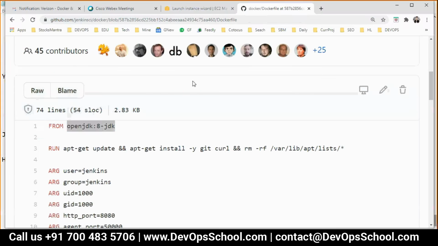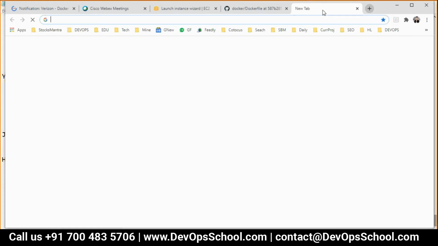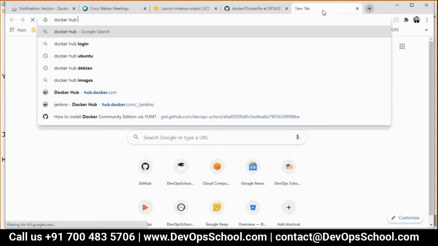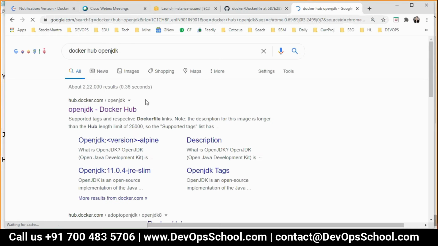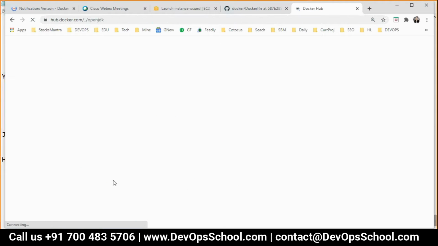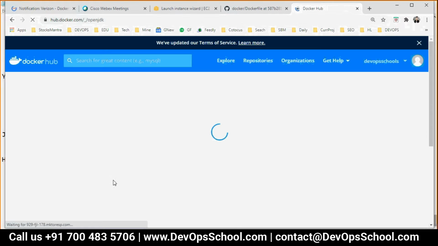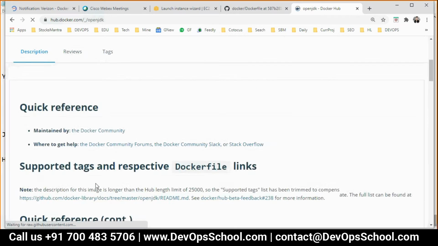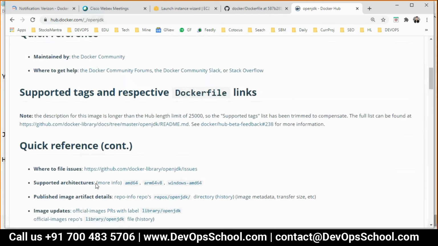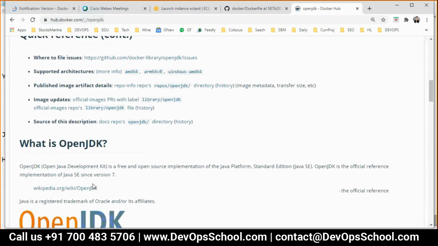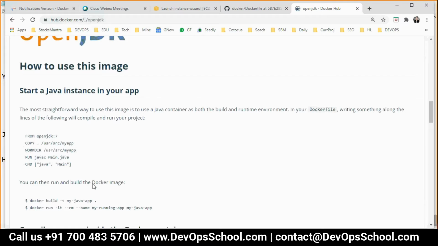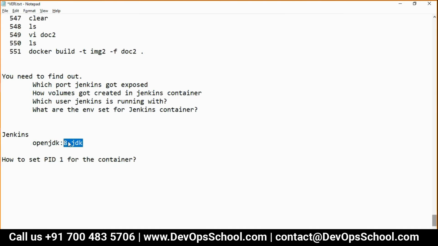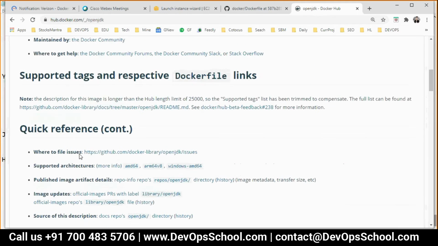So what I'm going to do is go to Docker Hub, OpenJDK, click on it. And if I see here, I want to see which version, 8-JDK, right? So where to see it?